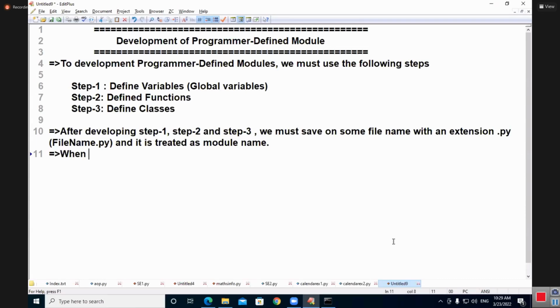When a file name is treated as a module name,